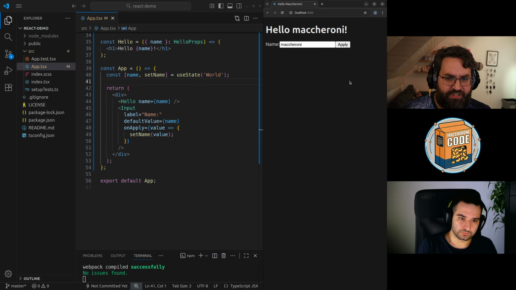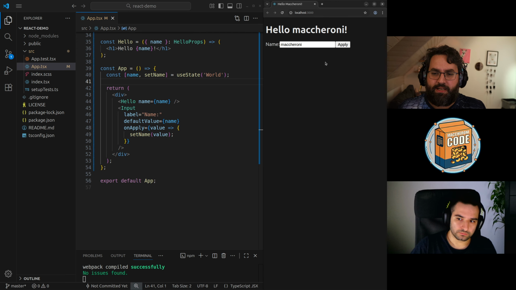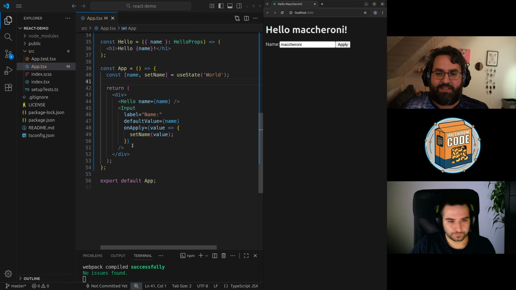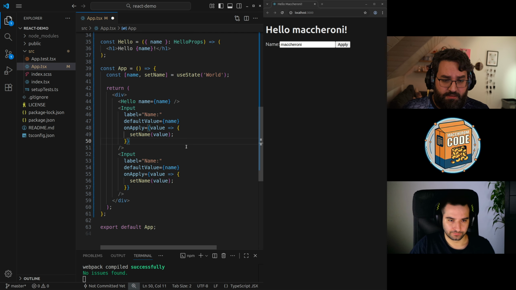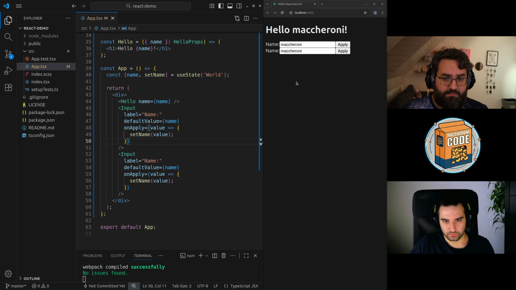Okay, so maybe a stupid question. This useState looks like a global function. Does it mean that if I have multiple instances of the same component, they are sharing the same state? Okay. No, absolutely no. For example, we reload the app. Okay, we have Berna and Maccheroni.